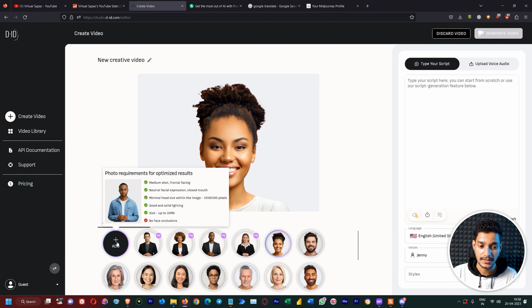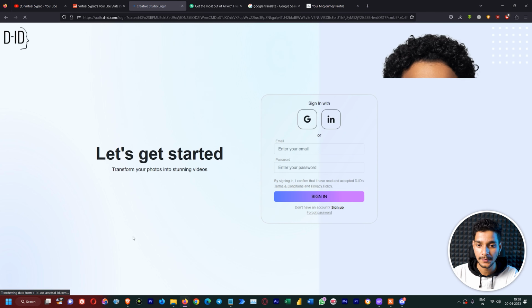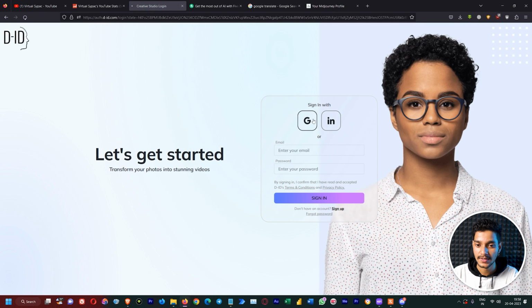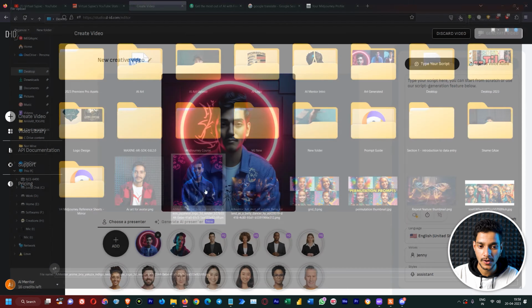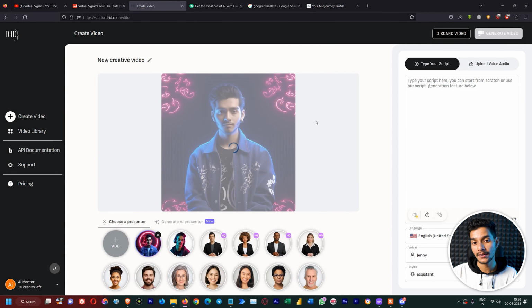So here we will just click on this add icon and now it is asking us to sign in. So we will just go again and sign in with the account that we have created the ID on. So again, we will go create video, add our icon. So these are some previous animations that I have created. Now we will just click on add, go to our desktop and upload our image that we have created recently